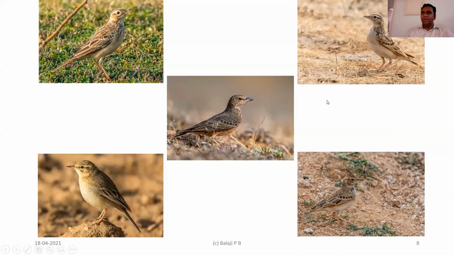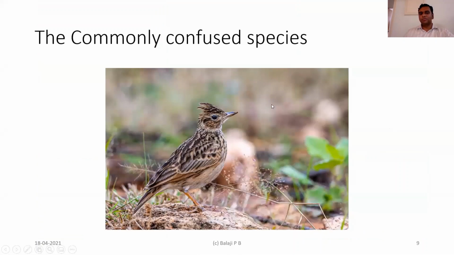So most of the larks, people will be able to identify very clearly when they see it in the field. But the one lark which confuses a lot of people most of the time is the oriental skylark. Because the problem with the oriental skylark is that the bill is actually one of the slimmest of these larks. And of course, the bird shown in this slide shows a crest, but sometimes in the field, the crest is also folded. And sometimes it's very confusing.